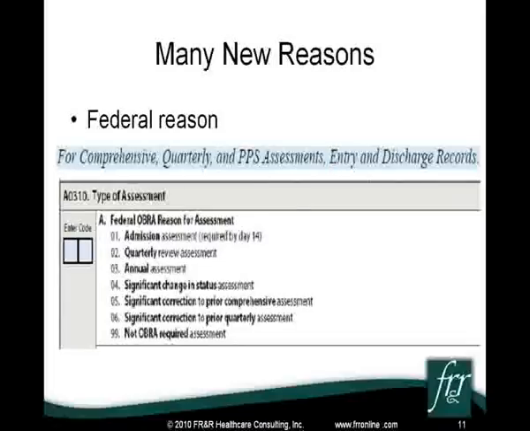One of the other main things that has changed, just from a let's look at the MDS and see what's different, is the number of reasons that we have for completing the assessment. You can see on this slide that there are numerous reasons for doing the assessment for a federal reason, and this relates to the comprehensive, the quarterly, any of the OBRA